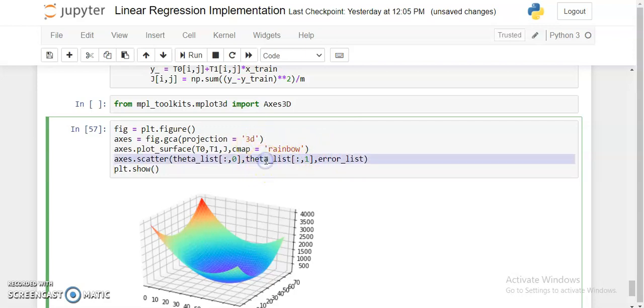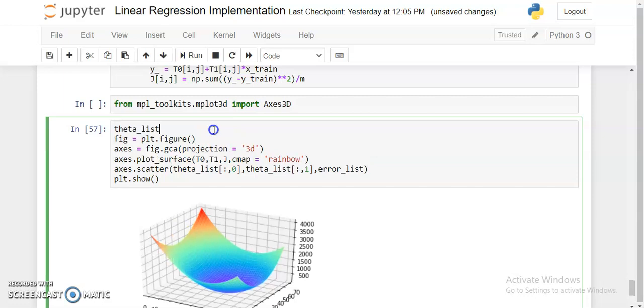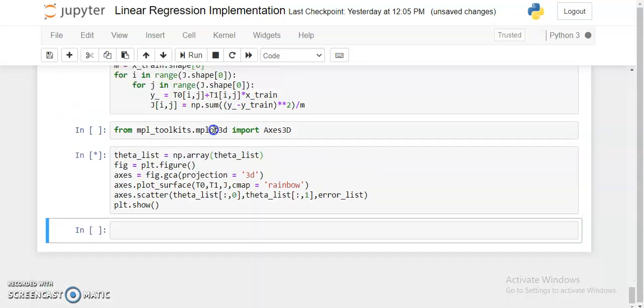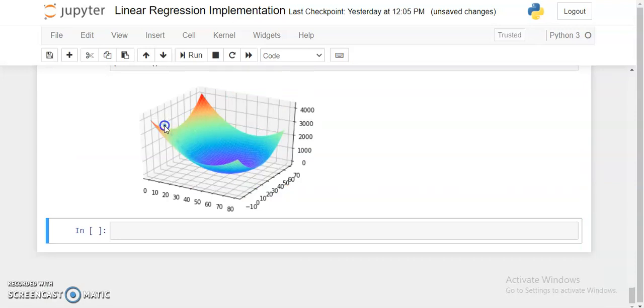And first, before that, we need to convert this into a numpy array, np.array, right? Now let's see. Now I assume that you can see these dot values. These are the loss values for theta, right?